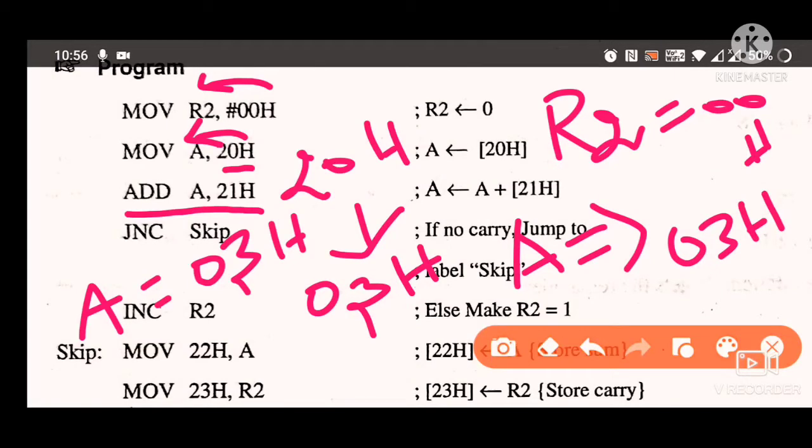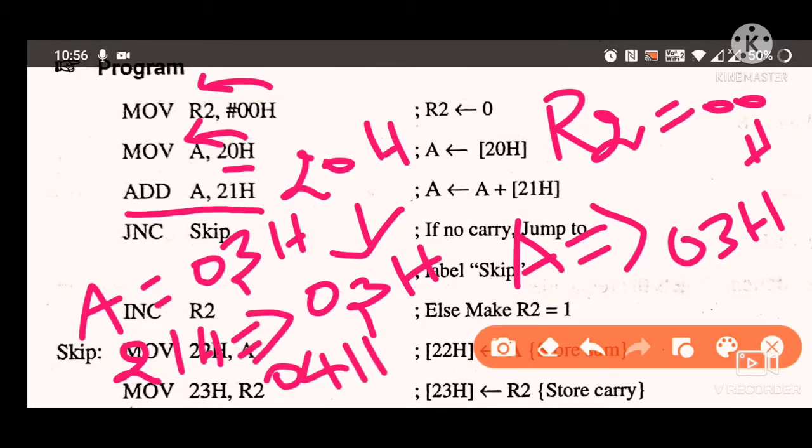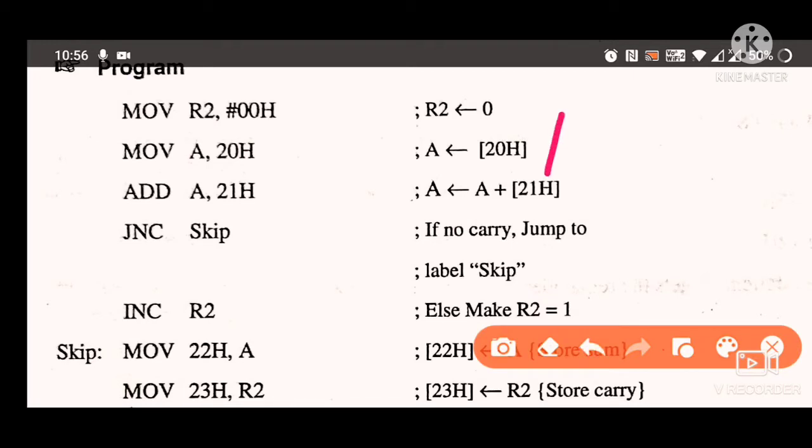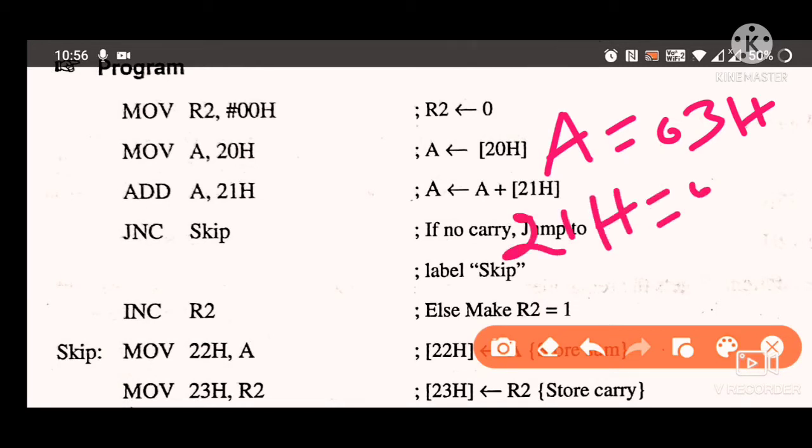Inside the 21H memory location we also have data: 04H. We already stored the 04H data inside the 21H memory location. So in the A register we have 03 and in the 21H memory location we have the value 04.